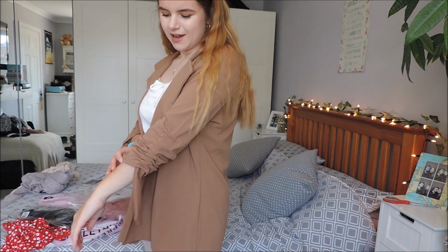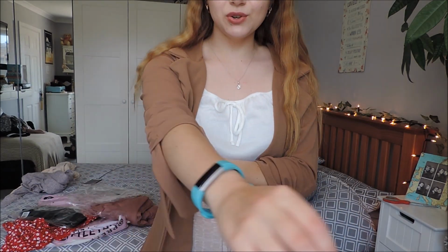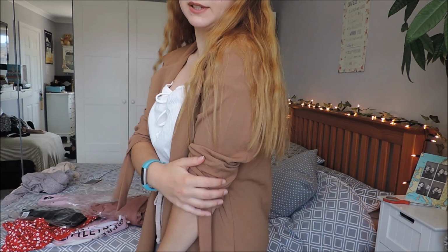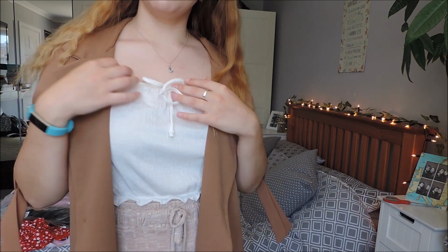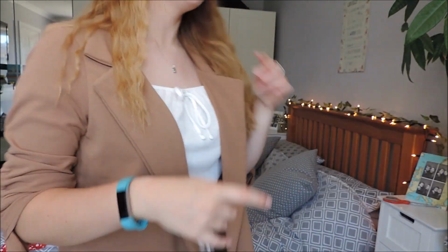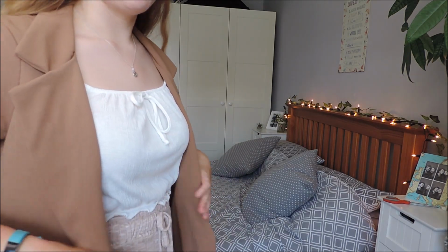Okay, so I've just popped the blazer on. Just ignore that it's on with these joggers. I wouldn't wear these two together. And I don't know if I like it. I do really like the colour, and I do quite like that the sleeves are like this. Just pull them up a little bit more. I think they're more supposed to sit here. And I really like it with a white top, but I just don't know. I don't know whether it's because I'm not used to wearing something like this. Like this is very much not my style. I'm just trying to look in my mirror that's here. I do like it, but I just don't know if I...